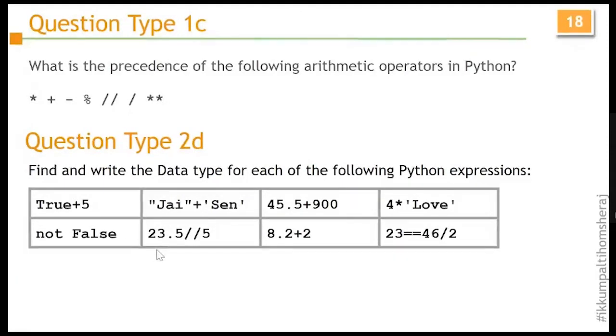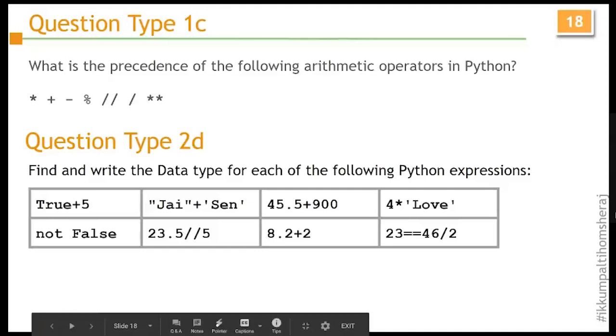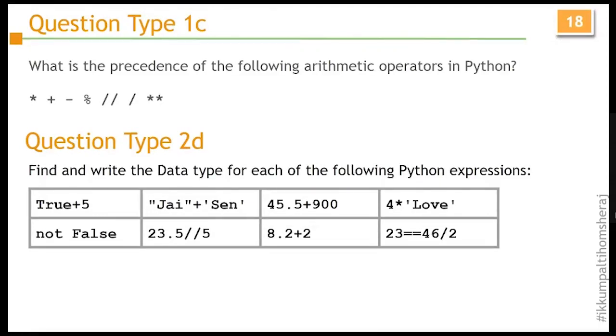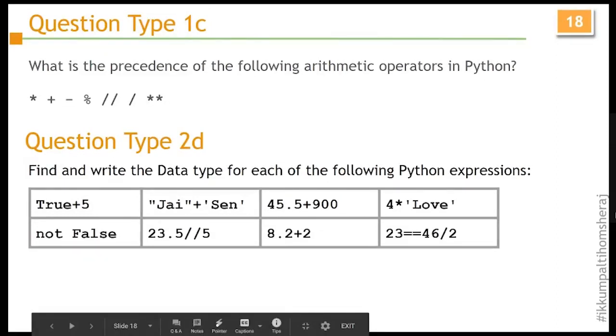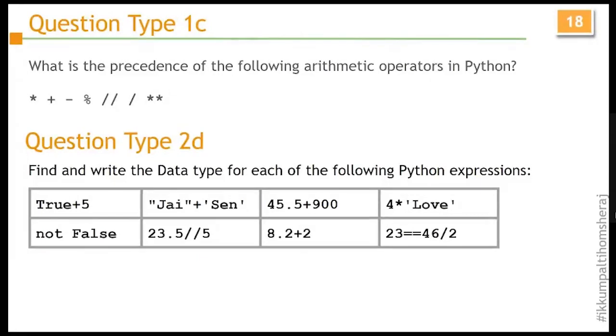Then 23.5 integer division 5, what result is it going to give you? I would like to get the answer from you. What will be the result? Float, without decimal. Answer will be float. Basically, if you are operating with float, the result is going to be float. However, there will be nothing beyond the decimal point. It will always be 0 after the decimal point. Irrelevant of whether it is 0.1, 0.2, 0.3, it will be removed, because it is the result of integer division. Okay.